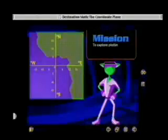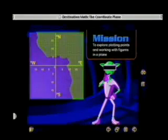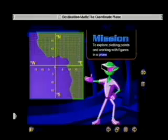Your mission is to explore plotting points and working with figures in a plane. Well, we know that a plane is a flat surface that extends forever in all directions. Since this map represents part of a plane, then place...